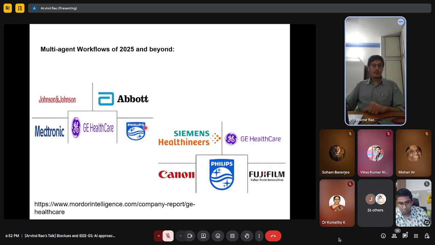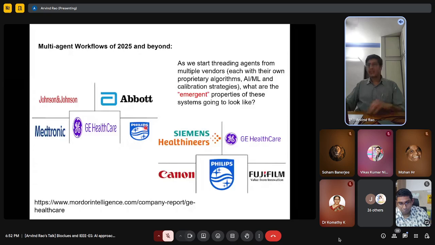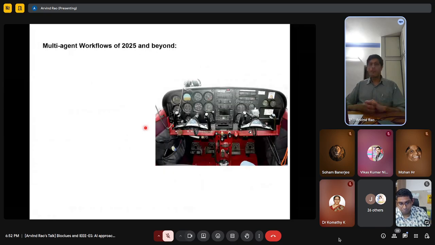is the state properly calibrated and transferred from agent one to agent two? To give you a much more stark example, I'm showing you this cockpit of a Cessna biplane. It's a simple plane. It's not a very, very big plane. And all the dials that you see on this plane are different sensors. One is an altimeter, one is a barometer, one is for all these different quantities. And if I told you each sensor comes from a different company and the companies have never talked to each other ever before in their lives, and all the heroes came and put everything into a cockpit one fine day, are you going to fly in this plane?